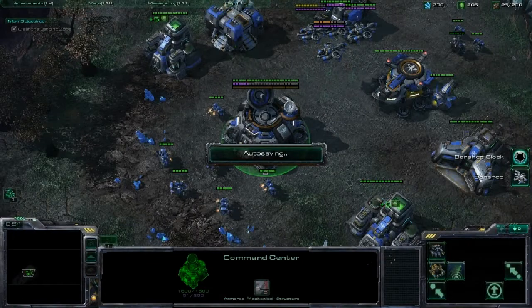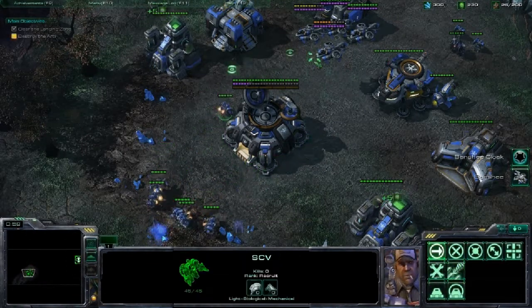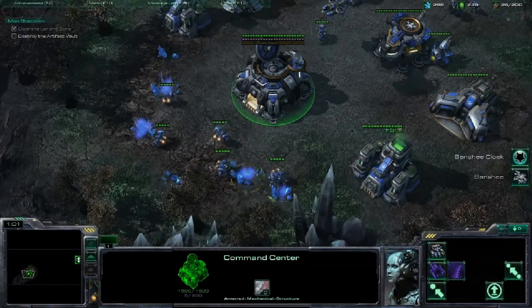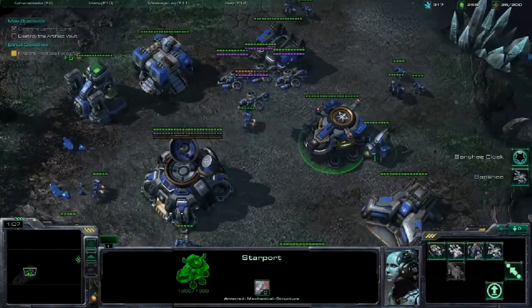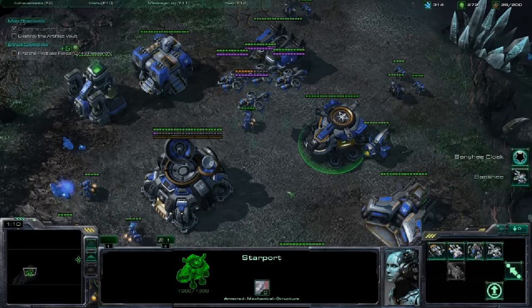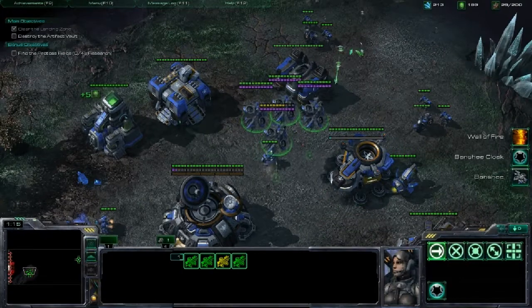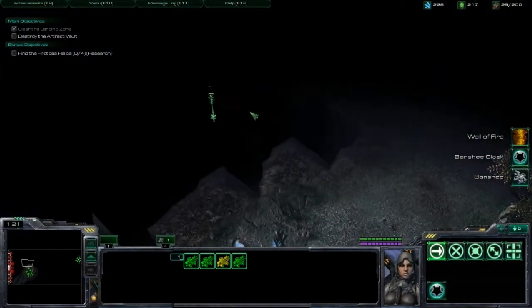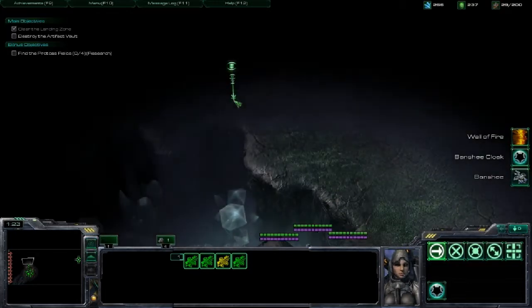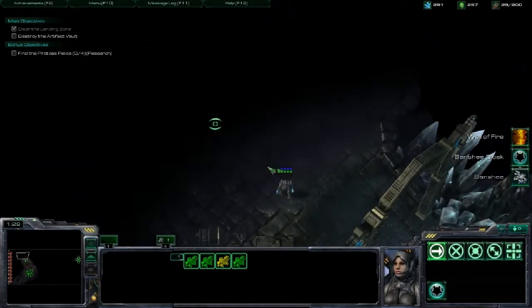So first thing I want to do is get our SCVs to work. Actually, let's let one go. I'm actually not going to build any SCVs for the remainder of this mission. So we got Tech Lab on that, so let's hotkey and start building a Banshee. And the first thing I actually want to do is bring our Banshees and head straight up to the northwest. Up this way. If we come up here, we will find...